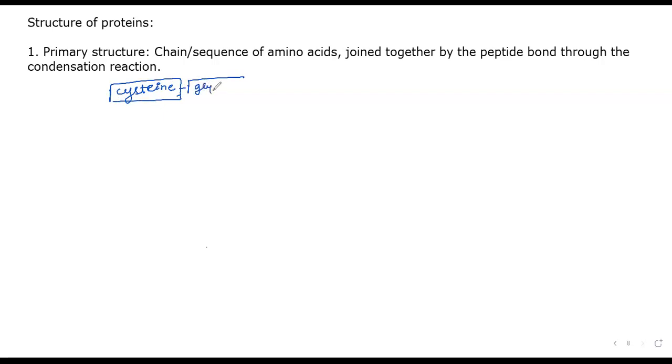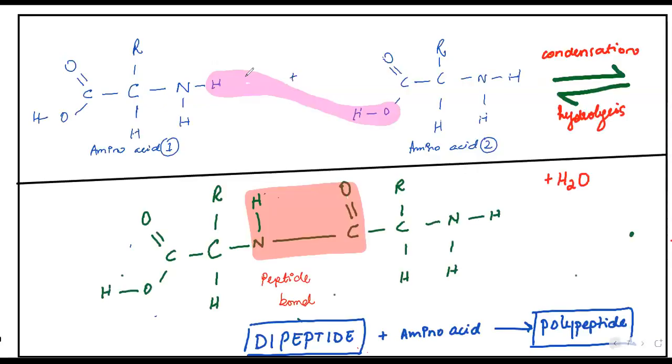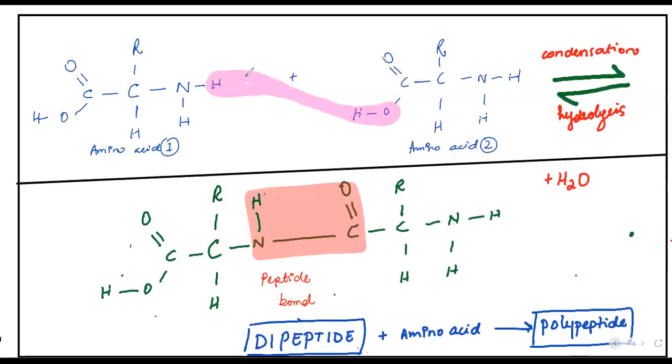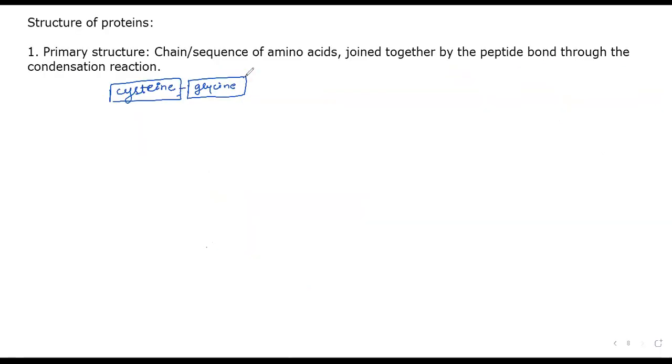that is known as glycine. The variable group of glycine is simply a hydrogen atom. If the R group has one hydrogen atom, then that amino acid is known as glycine. Glycine is the smallest amino acid that we have. Then, if the R group has sulfur in it, that is known as cysteine. Then the rest of the amino acids can have different things.